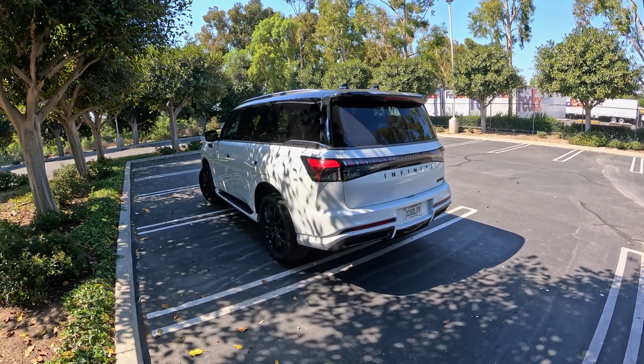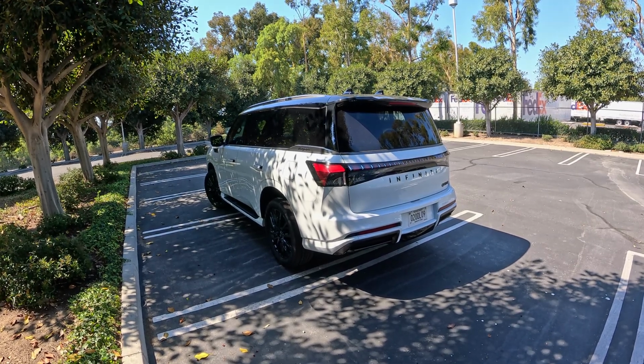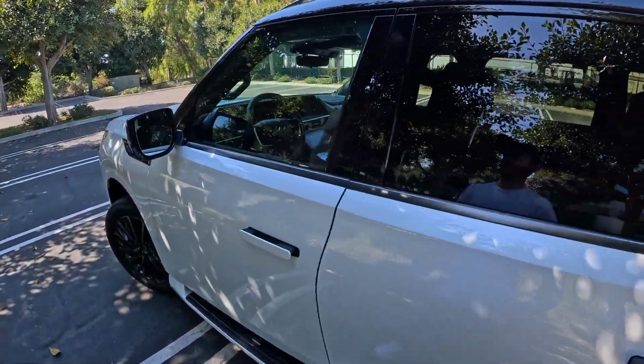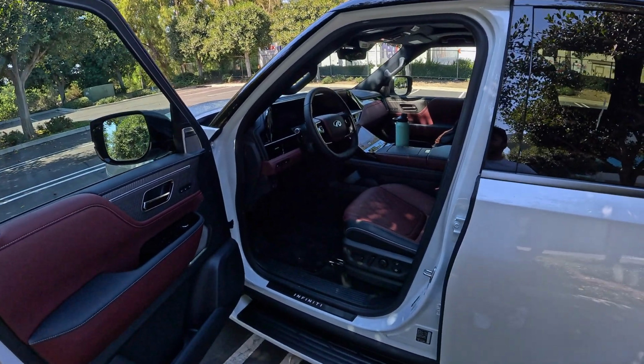So we're going to go through the cons, we're going to go through the pros, I'll give you my final thoughts at the end, and we'll rank it on the Daily Motor leaderboard. First things first, we're getting into the vehicle for a lack of practical storage and, quite frankly, poorly thought out